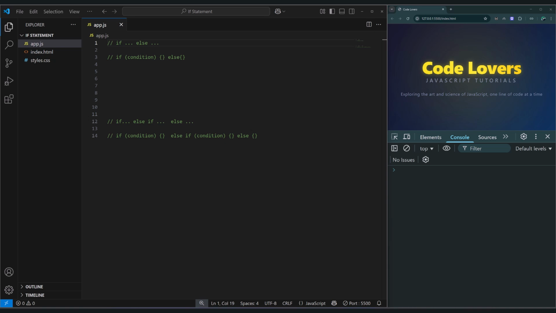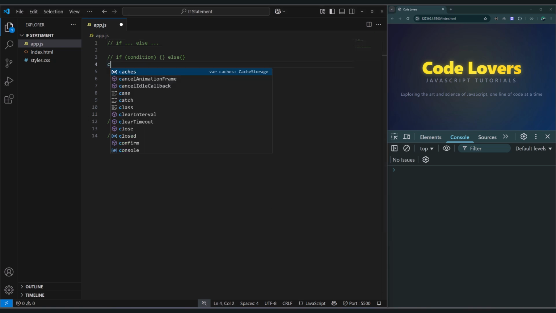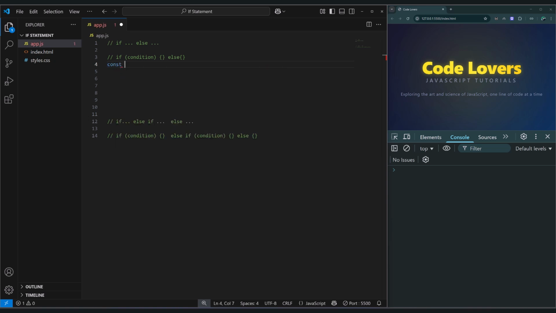Let's start by creating a variable for the customer's shopping cart total. We'll call it cartTotal. Let's set it to 65 for now. So I write const cartTotal = 65;